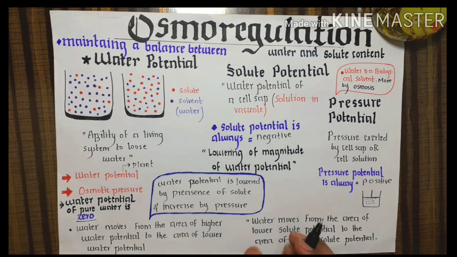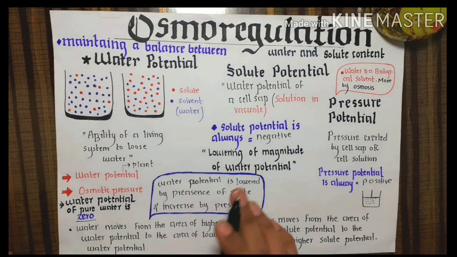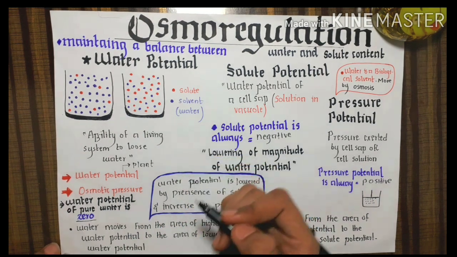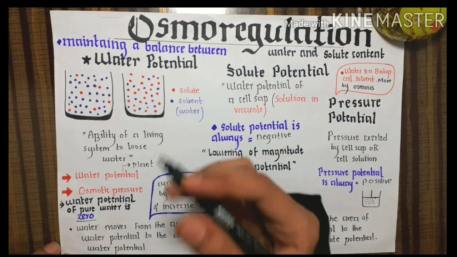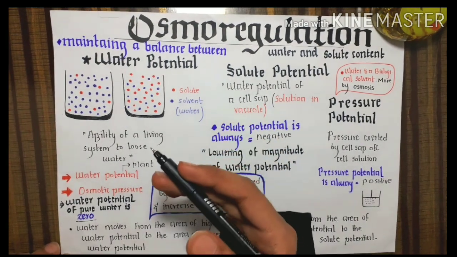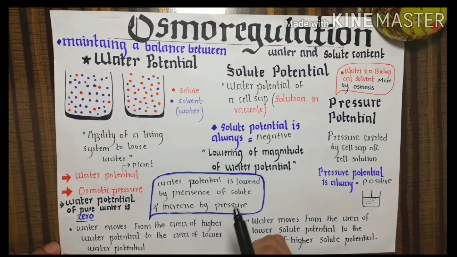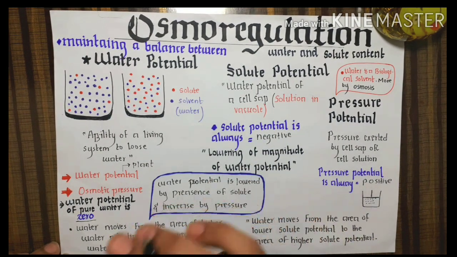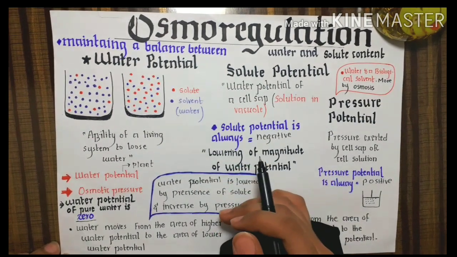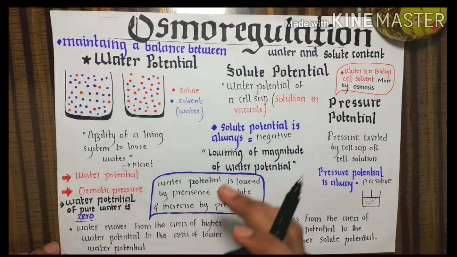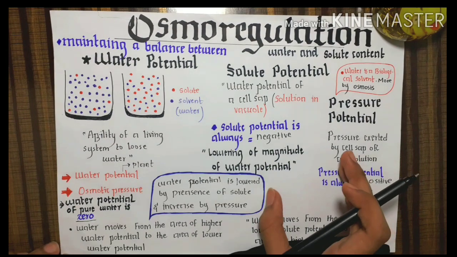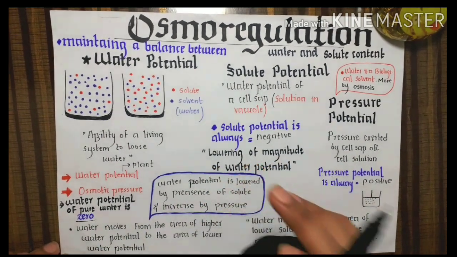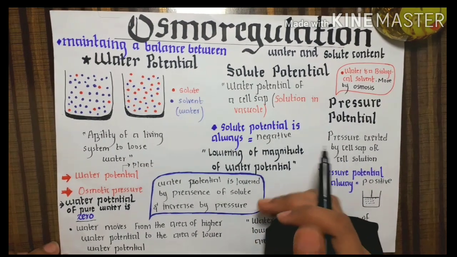When we increase the solute particles in the cell or in the container, its water potential decreases because the number of water particles becomes less and the number of solute particles becomes more. But when we increase the pressure exerted by the water particles on the cells, the hydrostatic pressure produced by these particles increases